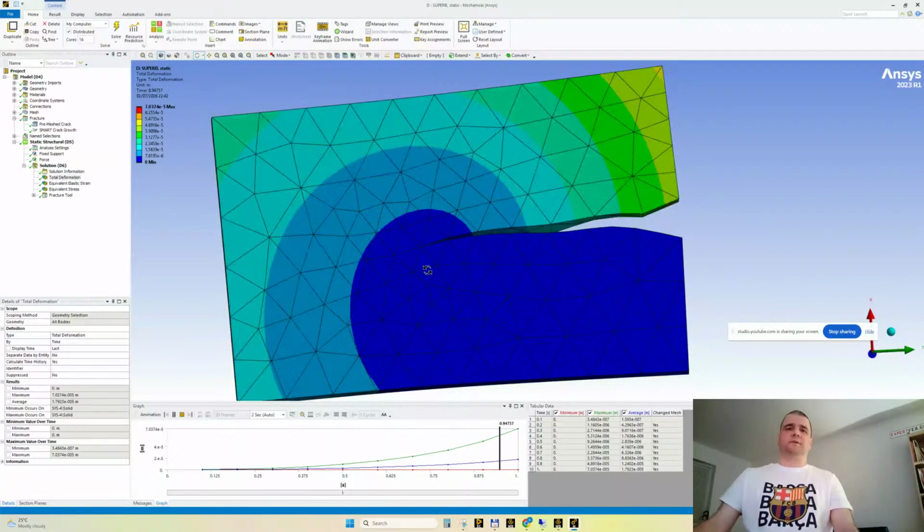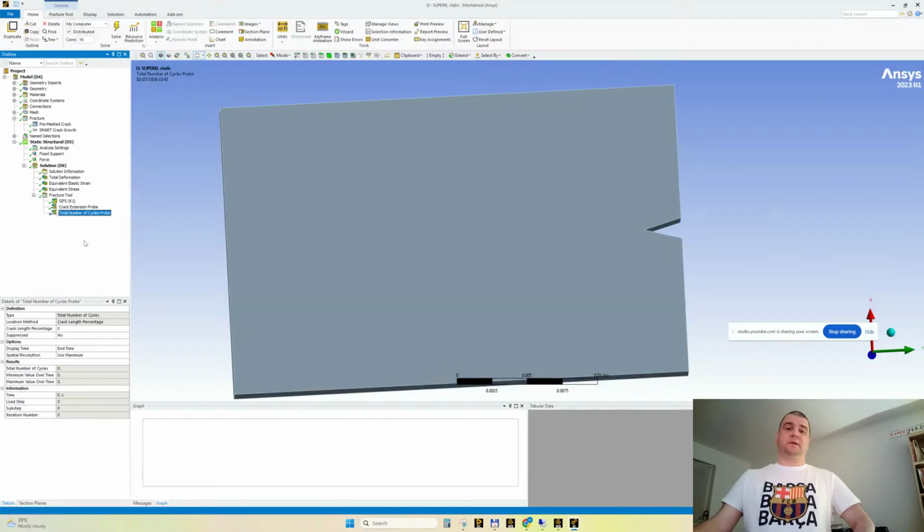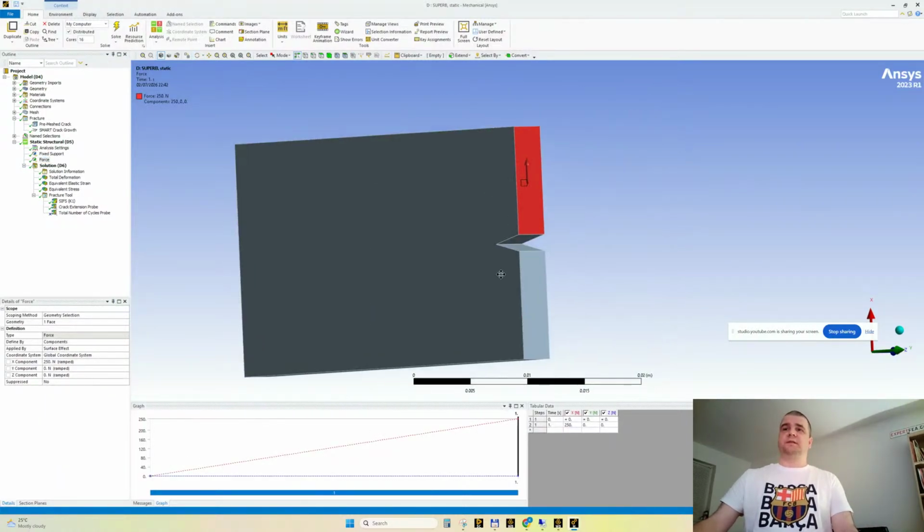What we cannot find here, because it is static and not due to cycle loading, to fatigue, we cannot have this one, total number of cycles, because it's only one load. For example, our force for this is 250 newtons. For this